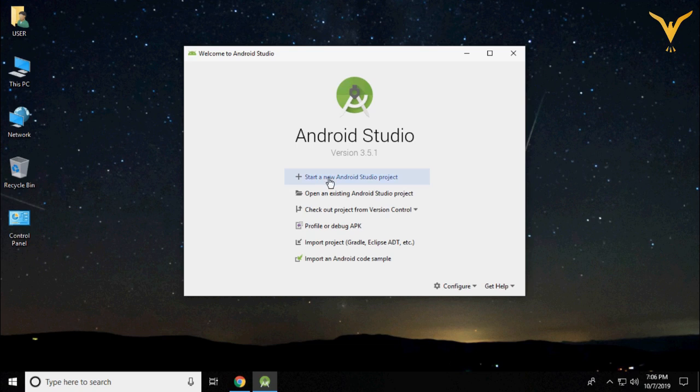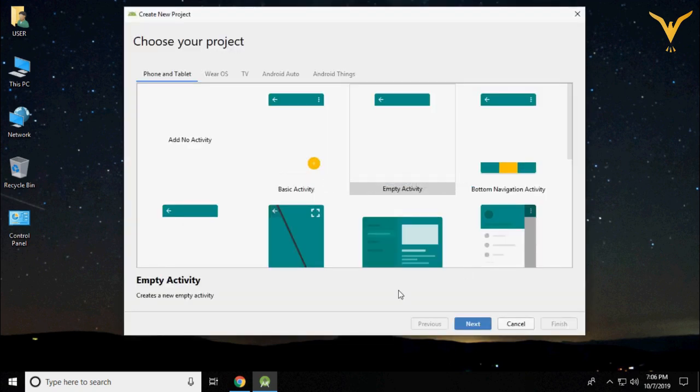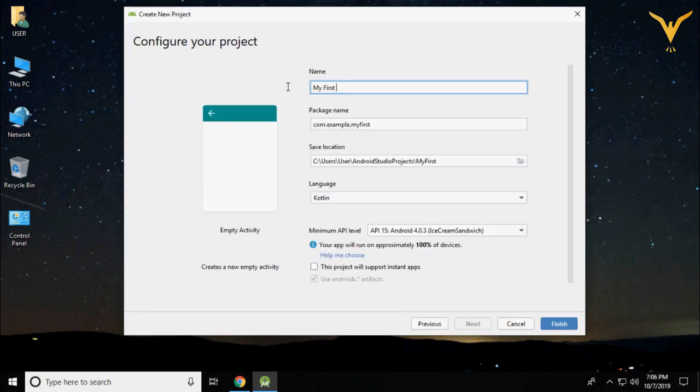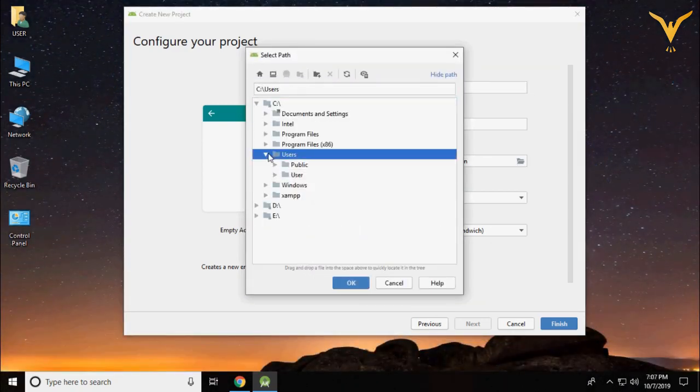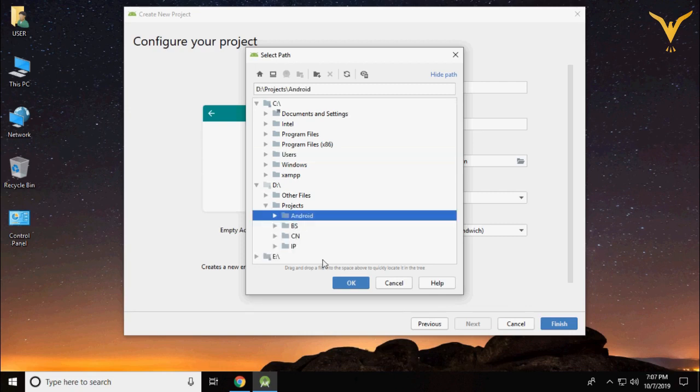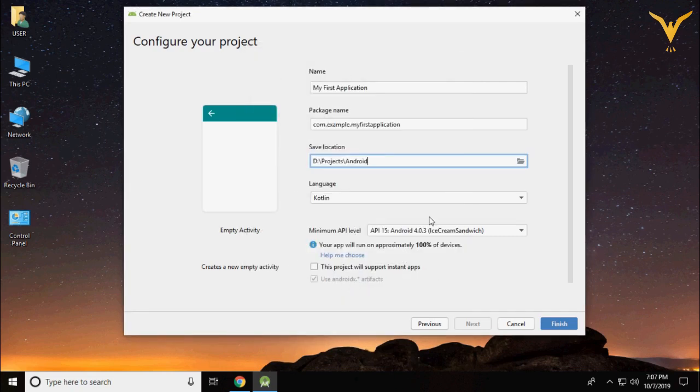Click on the first option. We'll create one application. Empty activity. Give some name to the activity. We will explain these things in detail in upcoming videos. Set the location for your project. Select the programming language.